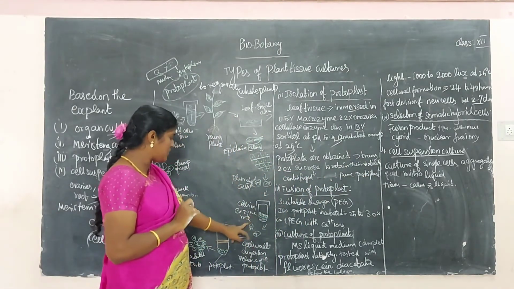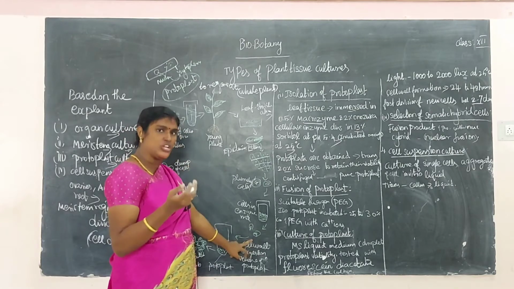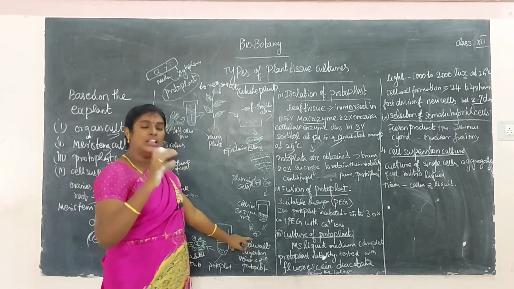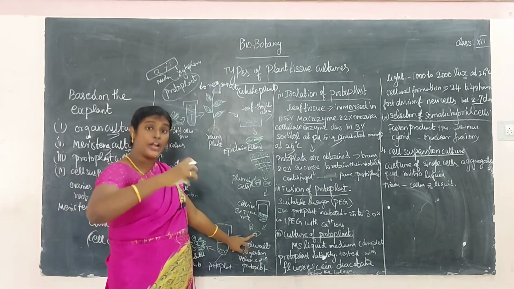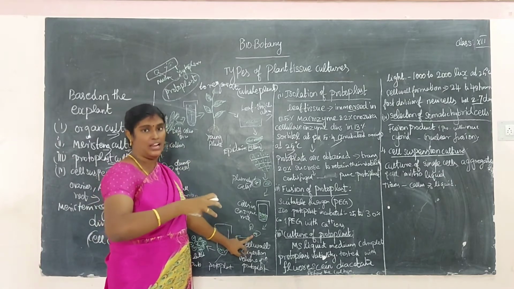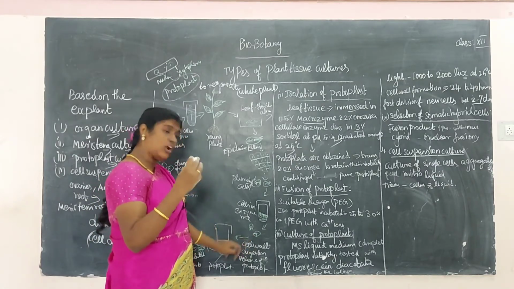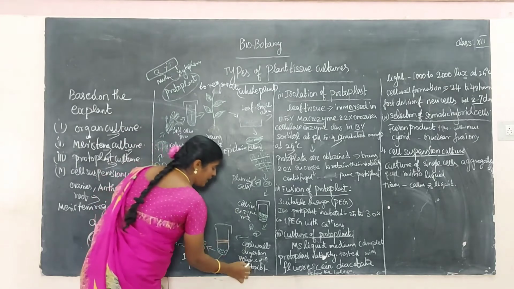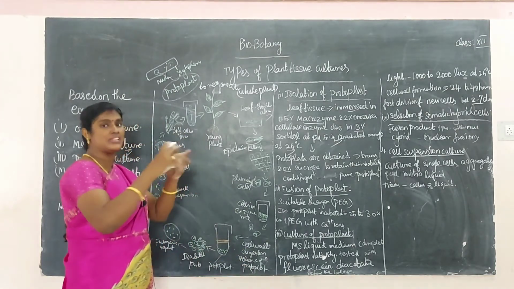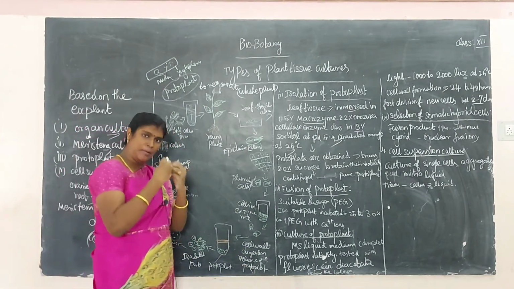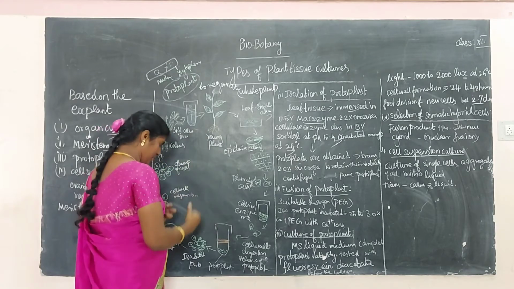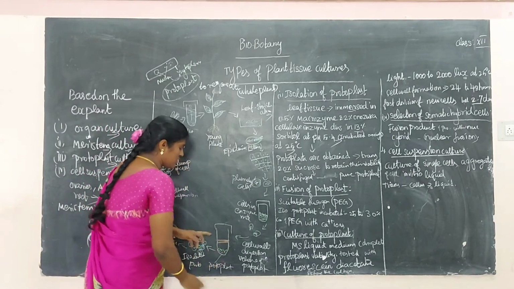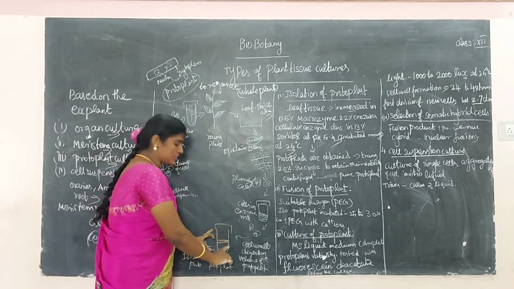For example, what happens in the cell mixture? The cell wall digestion process is completed. Cell wall digestion means all the cell walls are removed from the plant cell, especially the leaf cell. So the protoplasts are easily released after the cell walls are digested. This is a tube-like structure.